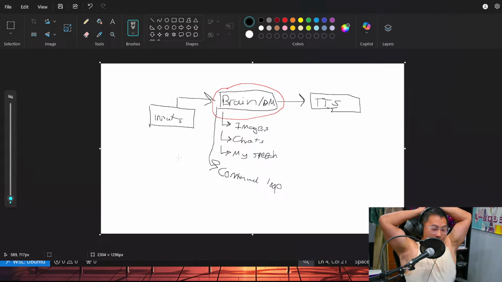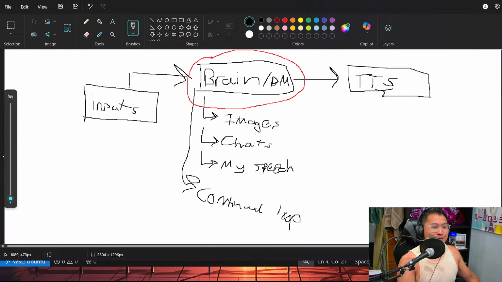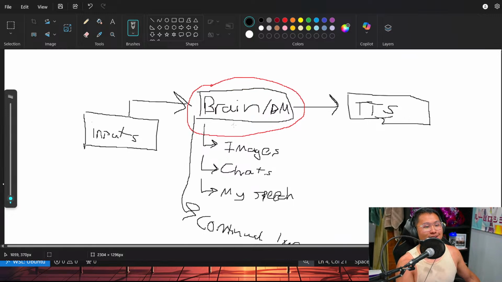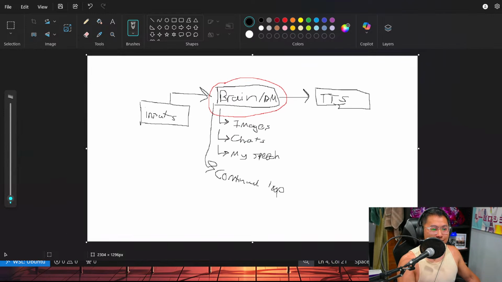It's pretty simple if you think about it. We've got inputs, we've got brain and decision making, and then we've got TTS. That is what it breaks down to be. But I think you're oversimplifying this brains part, this decision making mechanism. We could use ladder logic to do that, where we hard code it, or we can try to decide it with an LLM.